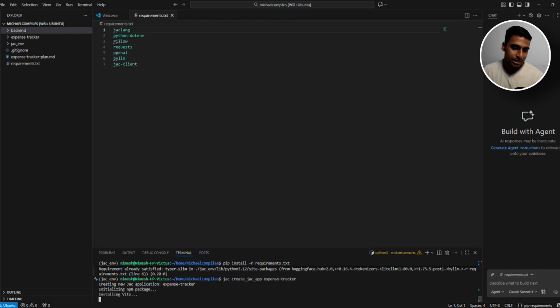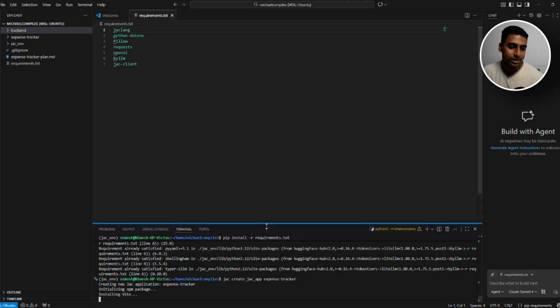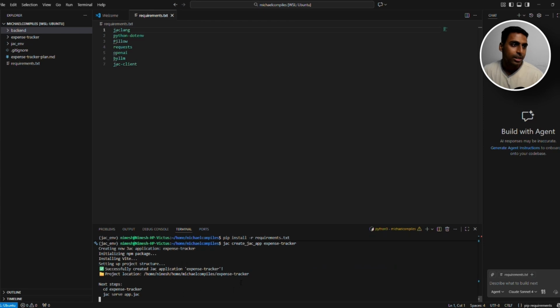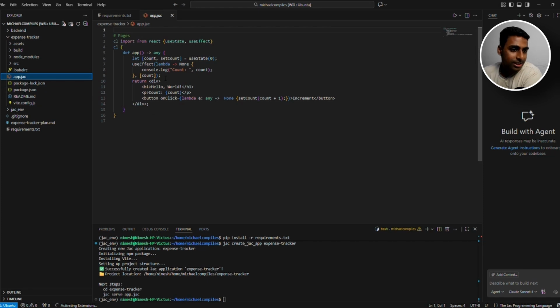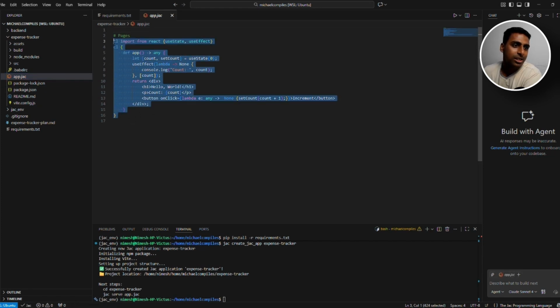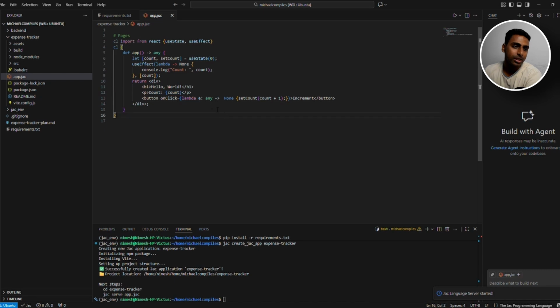It takes a little time to install this and render the back app. Okay, there we go. If we open up this expense tracker folder, you can see we have assets, build, node modules, src, then there's another file, app.jac, and then you have the package.json, readme, and so on. This app.jac is our main implementation, and you can see there's already a sample front-end code, just a simple hello world, and looks like there's some kind of count as well. You can run this on your own, but in this video,